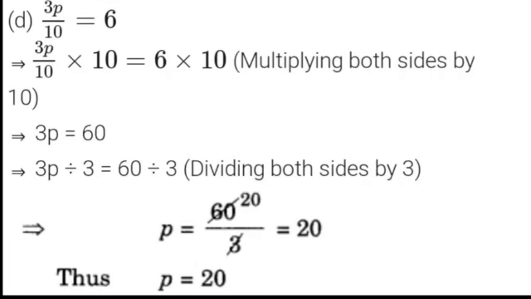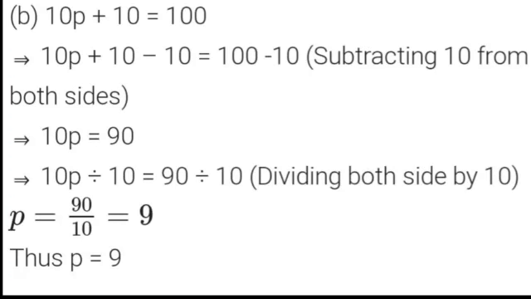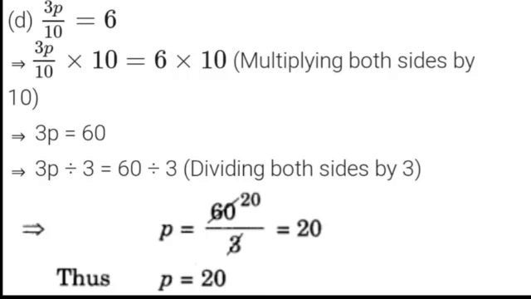I hope, students, you are getting how to do it. The next question is number 4, where you are going to follow similar techniques from question A to J, K, L. In a similar manner, students, you can see this is A, this is B. Addition of 10 will take the subtraction. Sorry, you can see here multiplication 10 on both sides. This 10 will get cancelled by this 10. 3p will come down. 6 10s are 60.